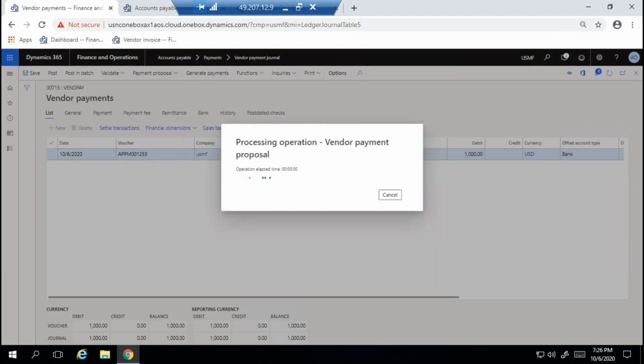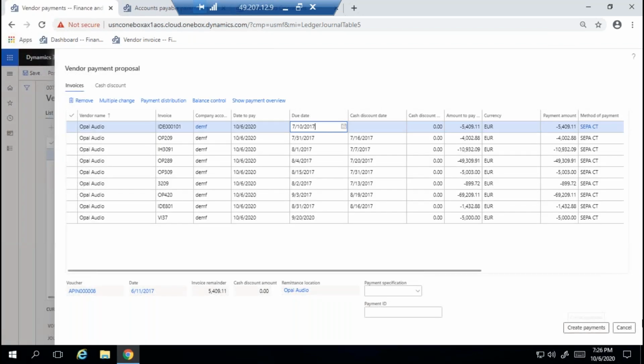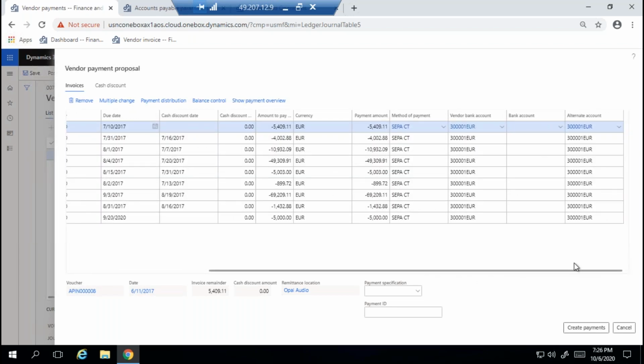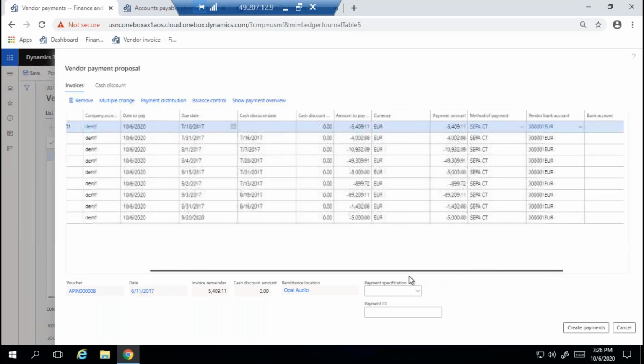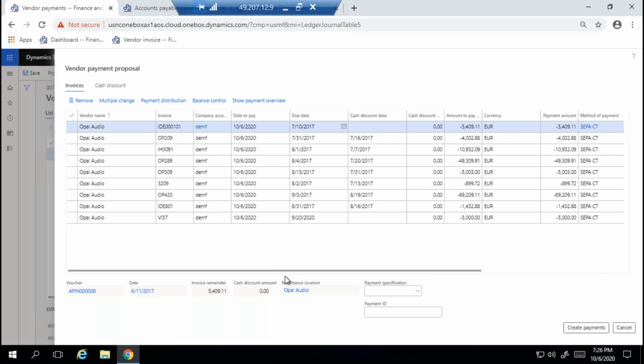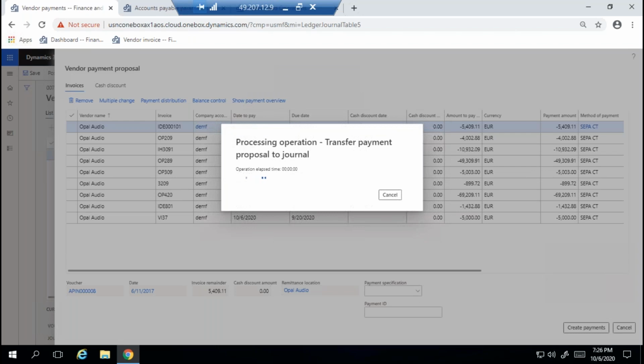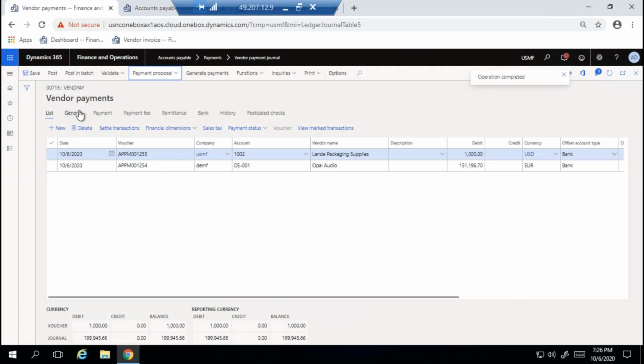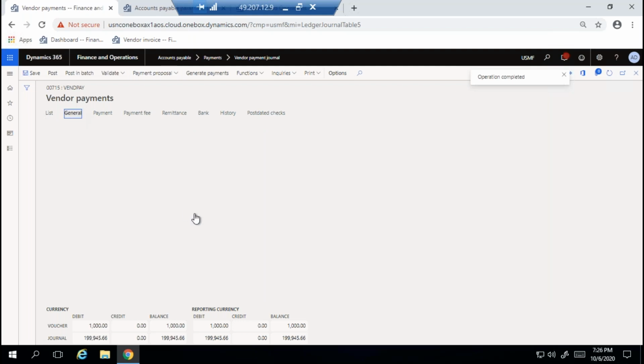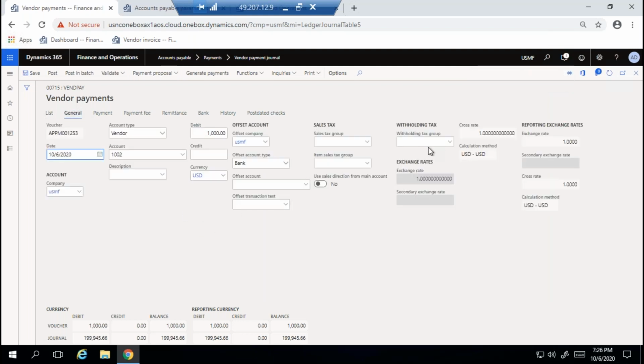While doing this, there is one small function, look at this, a small word: exchange rate. Suppose I'm doing this, click OK, create payment proposal from the DMF company. Inside the General tab, the exchange rates are available, cross rate.